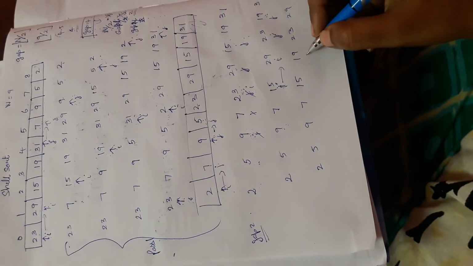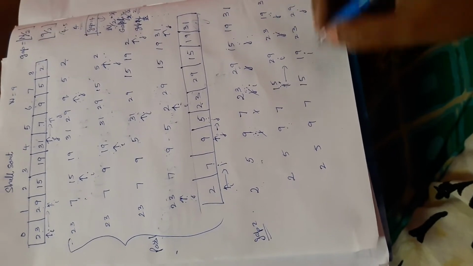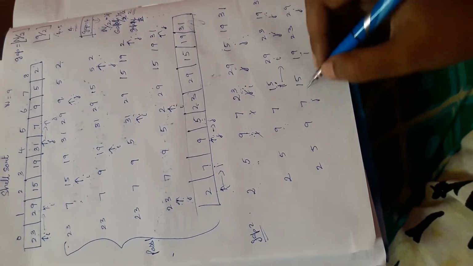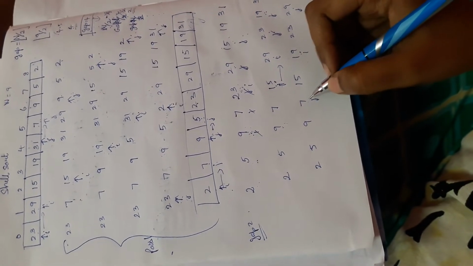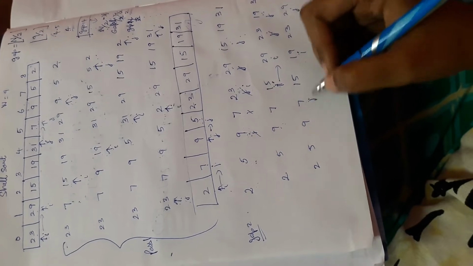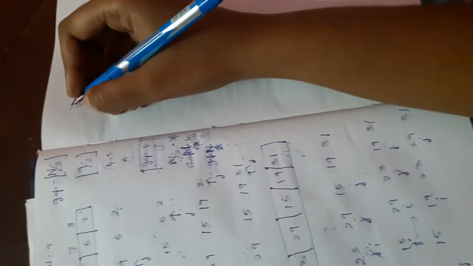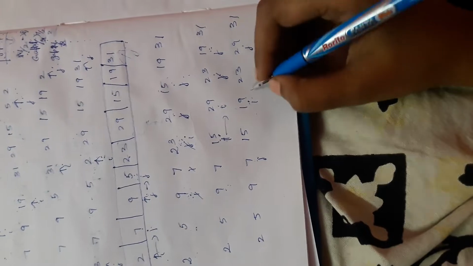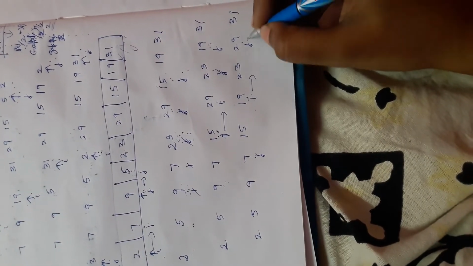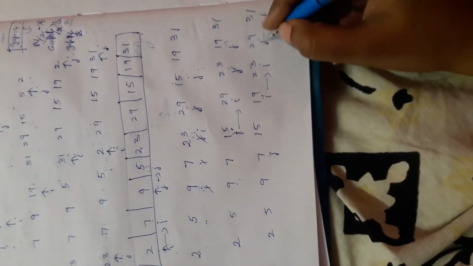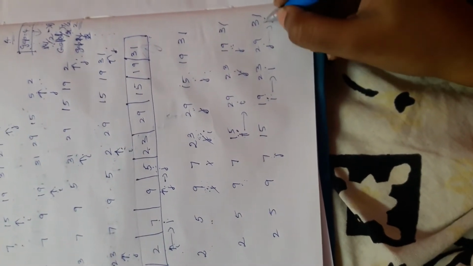So now I will check this condition, i is here, j is here. Again I am going to compare two values before. So I will consider j here. The gap is 2, so two values before, what is there? 7. So 19 and 7, 7 is smaller than 19, so I need not shift it. Okay, next, again shifting one position higher. So i will be here and j will be here. Compare 23 and 31. 23 is smaller than 31, so I am not going to do any shifting work.